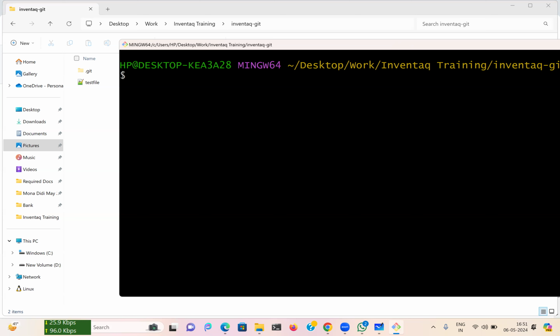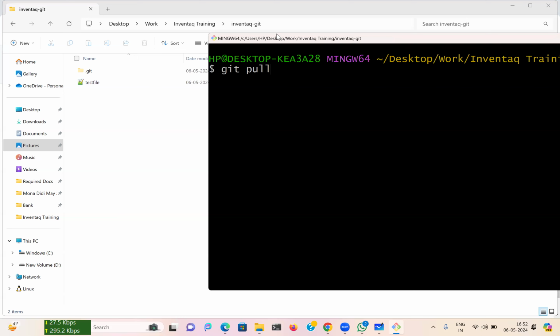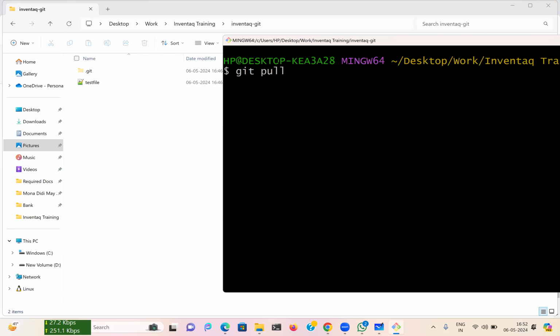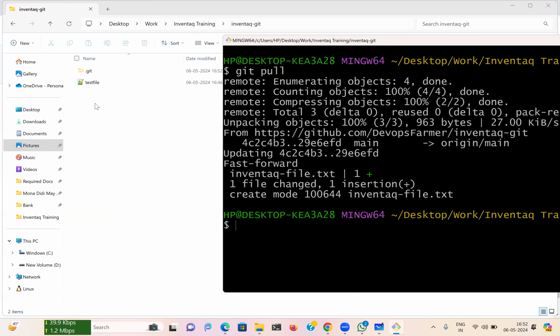Okay, now I can do git pull. As soon as I do git pull, you will see that a new file will come. Let me show you side by side. As soon as we hit git pull,